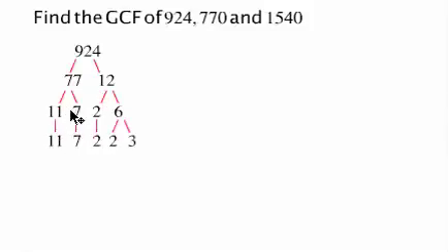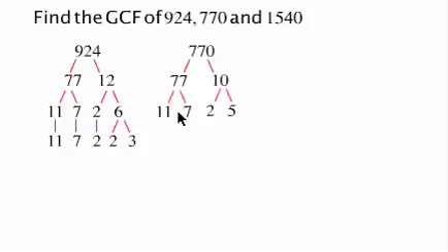11 and 7 don't divide any further, so I'm going to leave the 11 and 7 alone. The 6 becomes 2 times 3, and I just bring that 2 down. Then I'm going to do the prime factor tree for 770. I'm going to do 77 times 10. Now 77 we already know is 11 times 7, and 10 is 2 times 5, so 11 times 7 times 2 times 5. Then the 1540